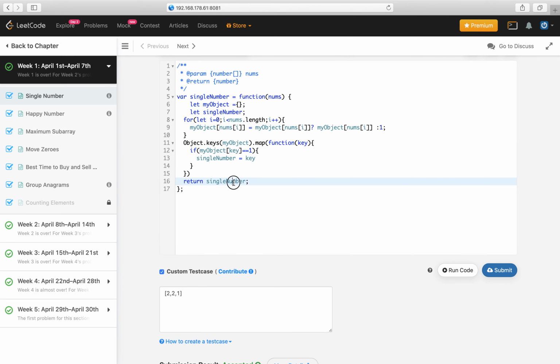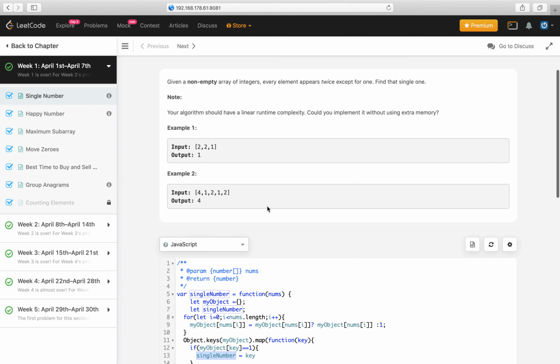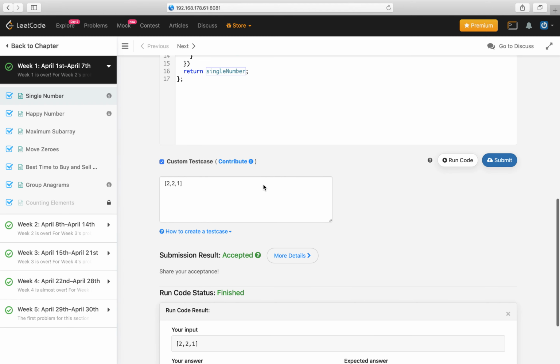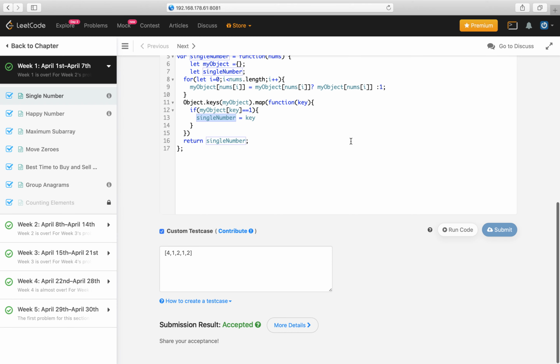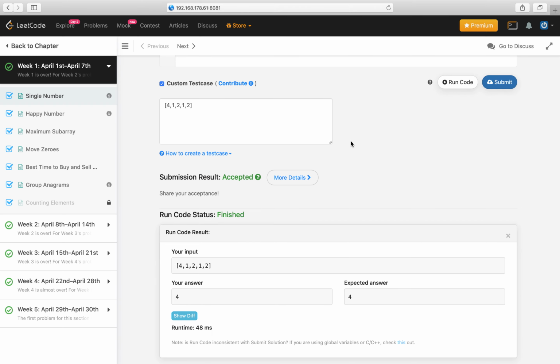Why is it 2? It should be the single number. 4 1 2 1 2, why is it giving a wrong result? 4 is correct.